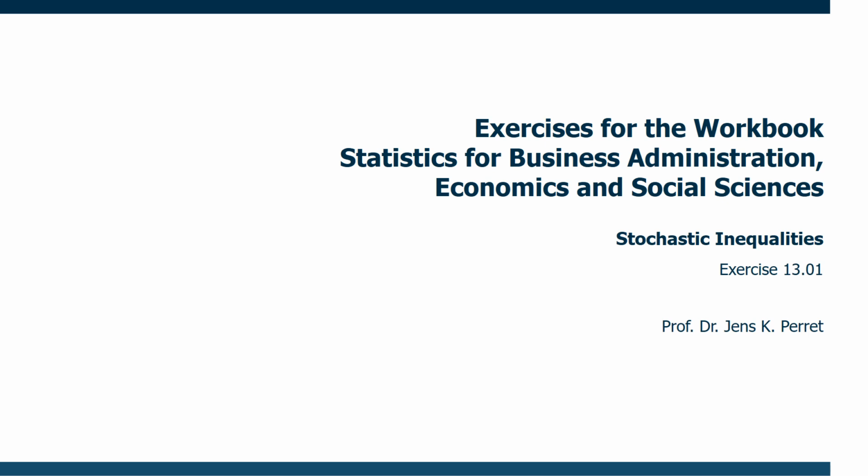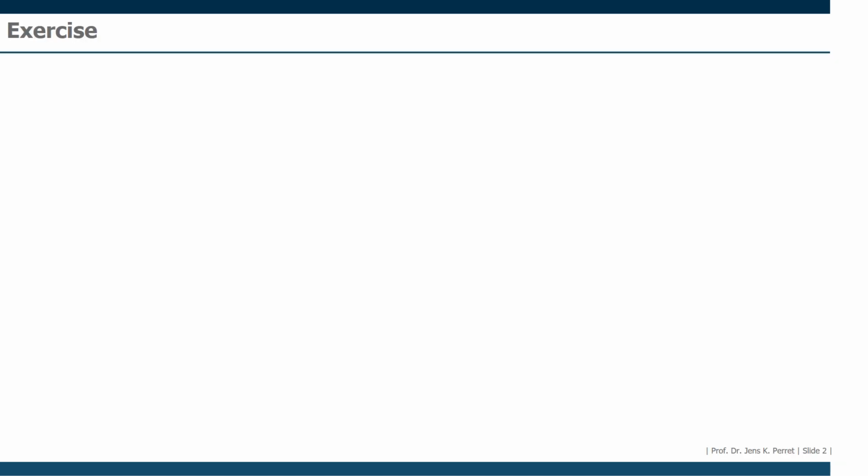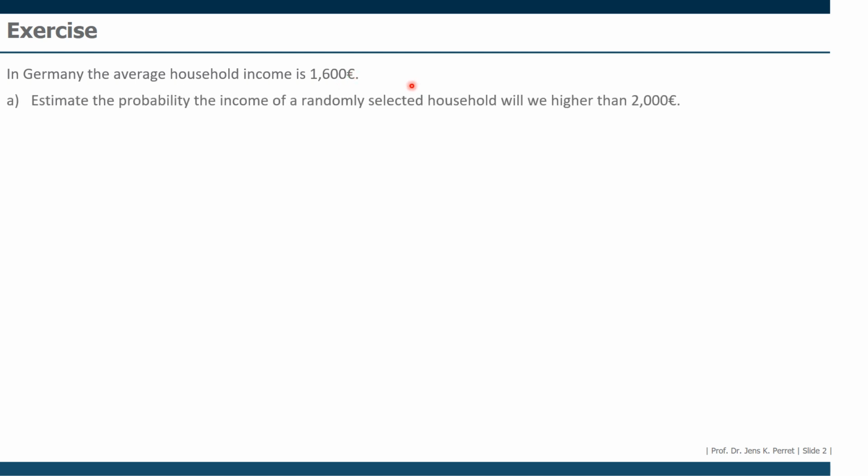Welcome to another exercise from the workbook Statistics, this time focusing on stochastic inequalities. If we take a look at the exercise, here we have in Germany the average household income is 1,600 euros. That's the only information we get. In our task now, estimate the probability that the income of a randomly selected household will be higher than 2,000